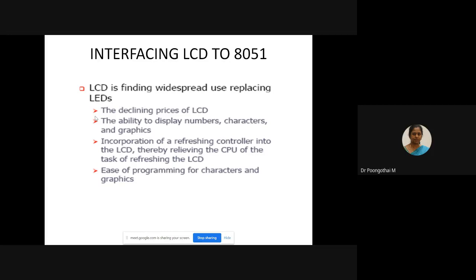The third important feature is that we can include a refreshing controller in the LCD, thereby relieving the CPU of the task of refreshing. That feature is not available in the LED case, and the character and graphic programming is very easy compared to LED programming.